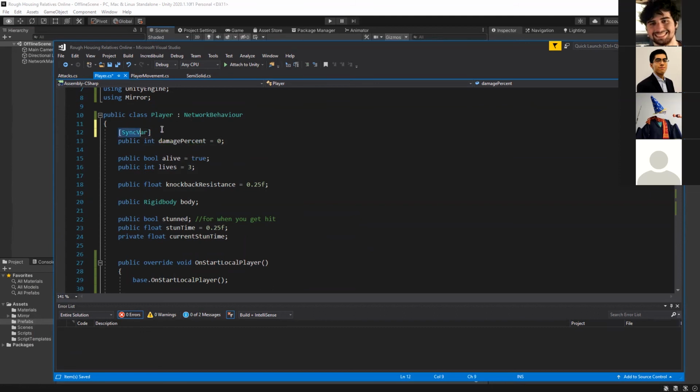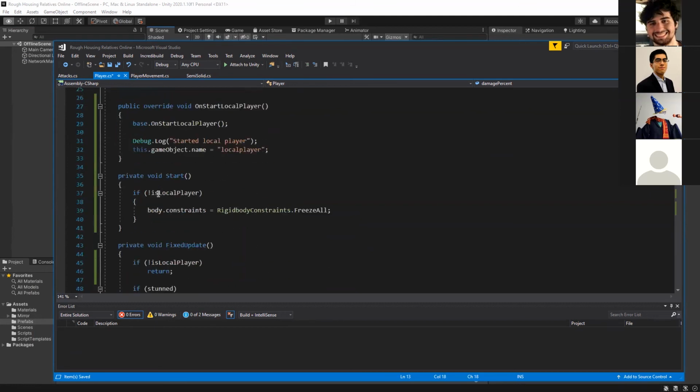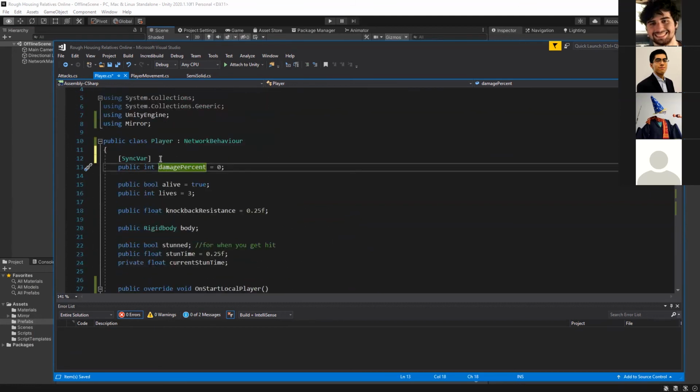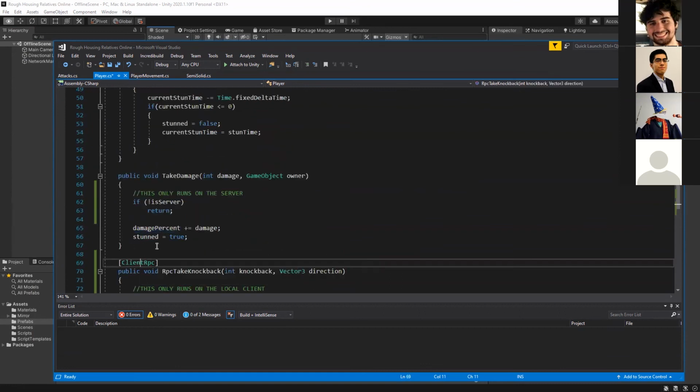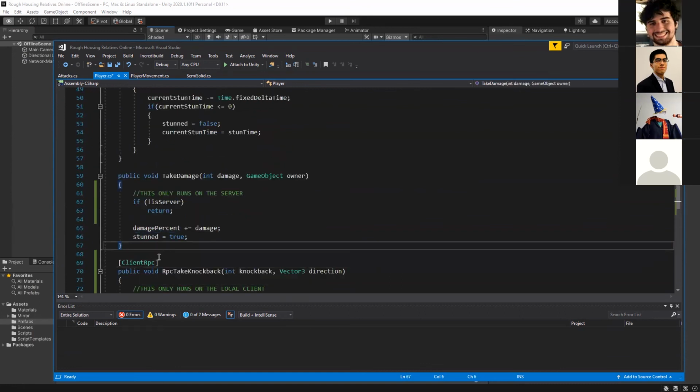And there is a lag associated with this. In this case, it's fine. But later down the line, if you try to do calculations on damage percent and it's not accurate, probably because of lag, then you might want to have an RPC to force update it. Like you'll have an RPC take damage with just the new damage value. But for now, it's fine to leave it like this.